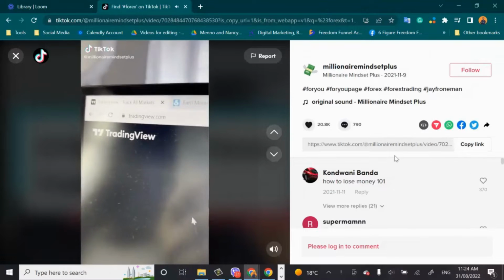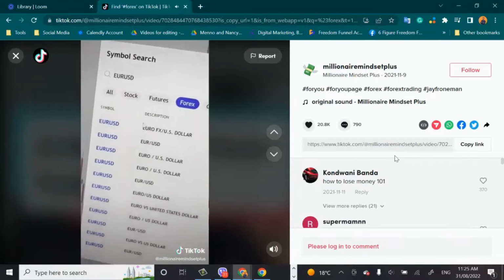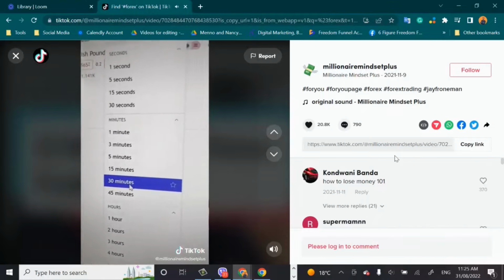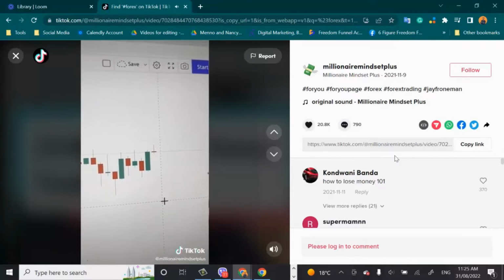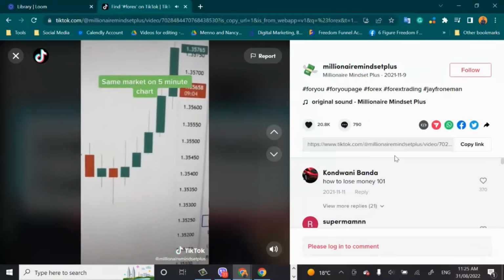Forex trading. Come over to tradingview.com and click on charts. Make sure you've got Forex selected on the search bar and you can choose from any of the Forex pairs. Make sure that you have the 50-minute chart selected. It's now as simple as this. My first strategy I use is called an order block. This is how it works. If this green candle over here, and now you can see this market 10 minutes later, this market absolutely skyrocketed